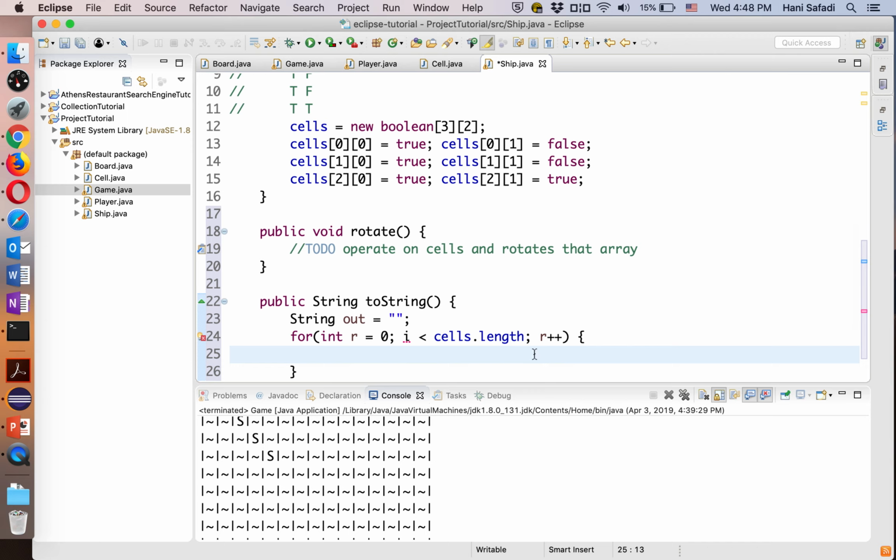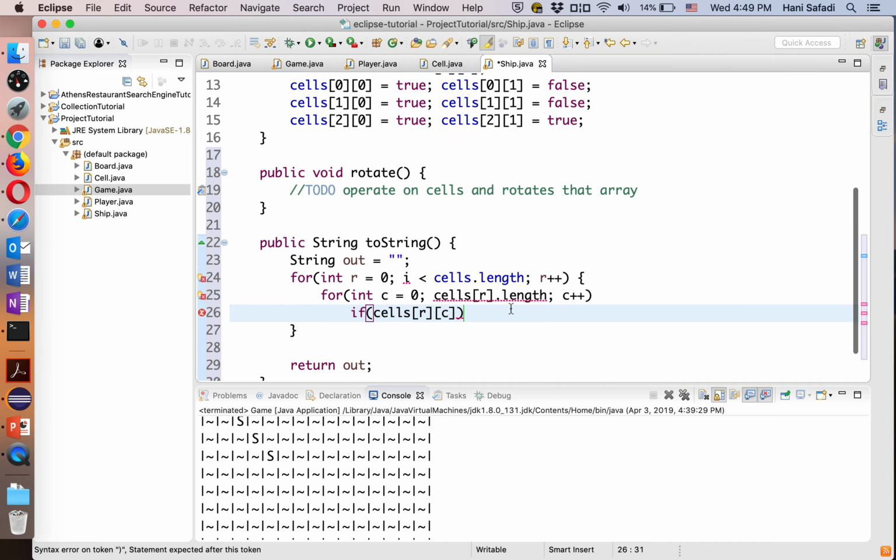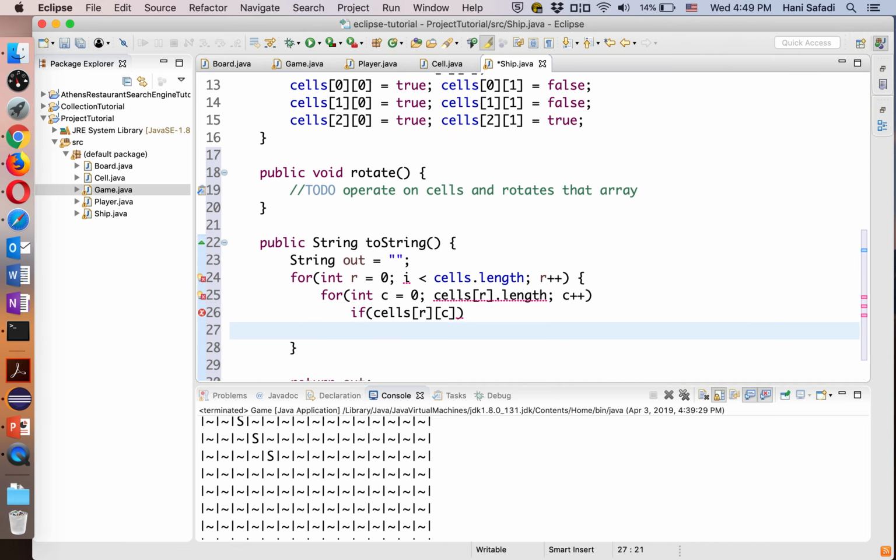And then I can go for each column associated with that row, so cells r.length, column plus plus. And what I can do, if c is cells r c, and of course this is Boolean, so nothing else needed, it will be either true or false. If c, then out will be out plus maybe x, I'm not sure, x, else out will be out